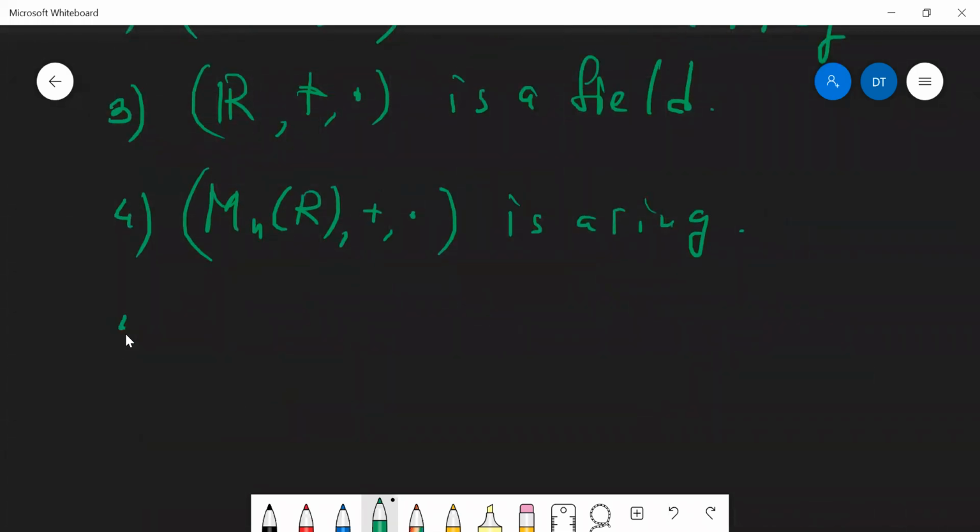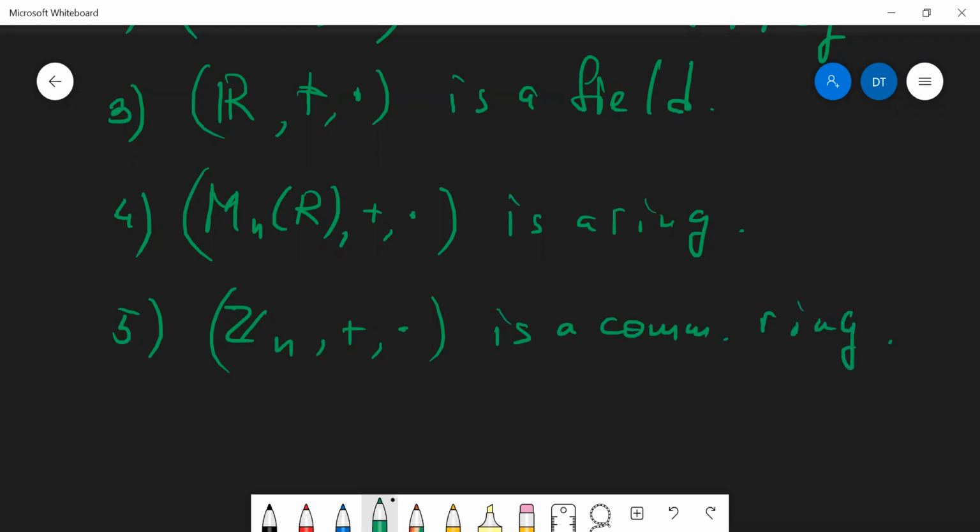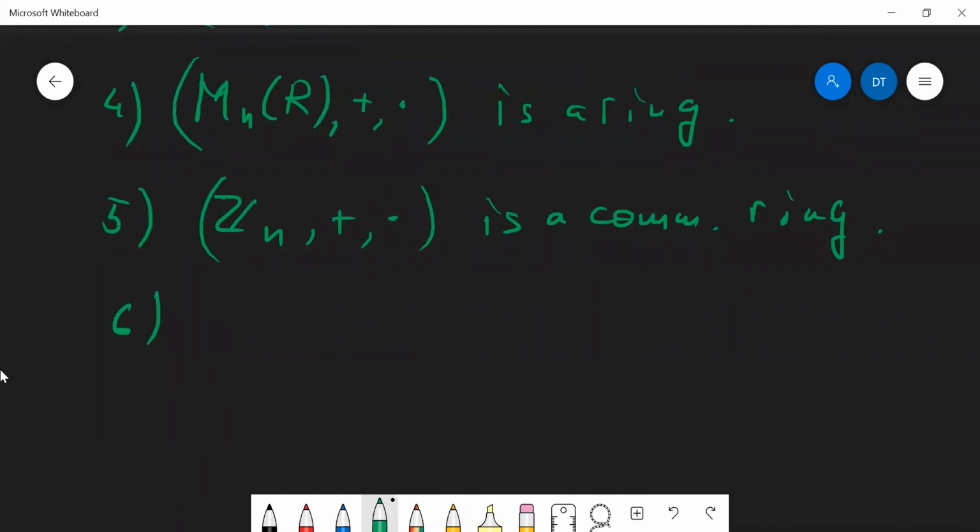And one another example, suppose that A is a commutative ring. Oh, by the way, I just forgot this example. The remainders modulo a natural number n also form a commutative ring. And the last example, if you take an arbitrary commutative ring, A is a commutative ring,